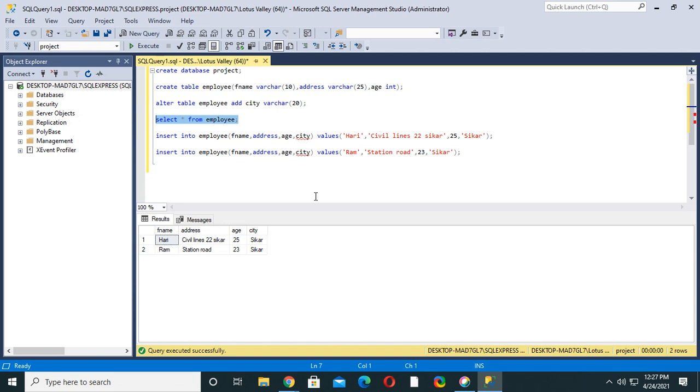So today what we have learned is how to create a database, how to create a table, how we can add a new column, how we can view our table, and one more important thing, how we can insert data into our existing table. So in tomorrow's class I will show you about the delete and drop options and also update. So we will do 3 commands tomorrow. Till then you can just practice at your home.